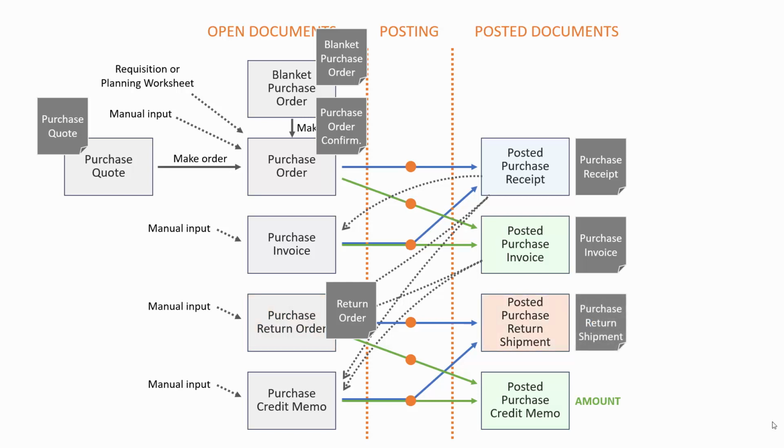And the purchase return shipment is like a purchase receipt, and that is a document you would normally post when putting the goods into a box and sending it back to the vendor. You would like a return receipt to give to the logistics guy and for the vendor to check it when he arrives or when he receives the goods.